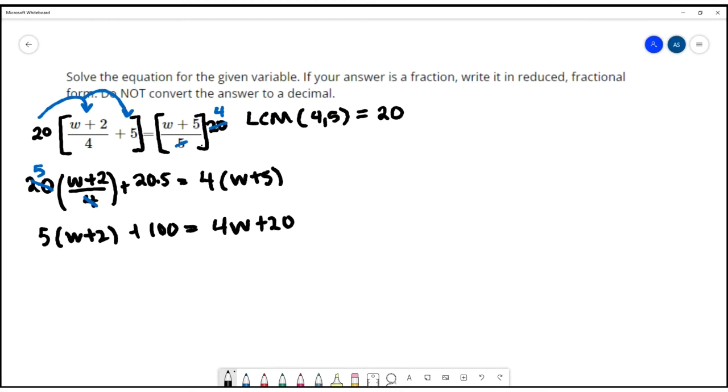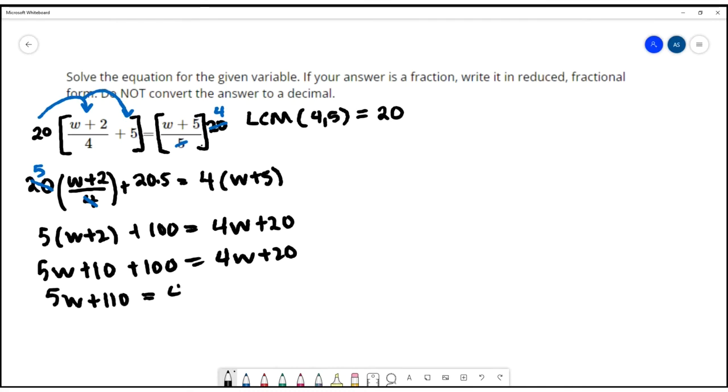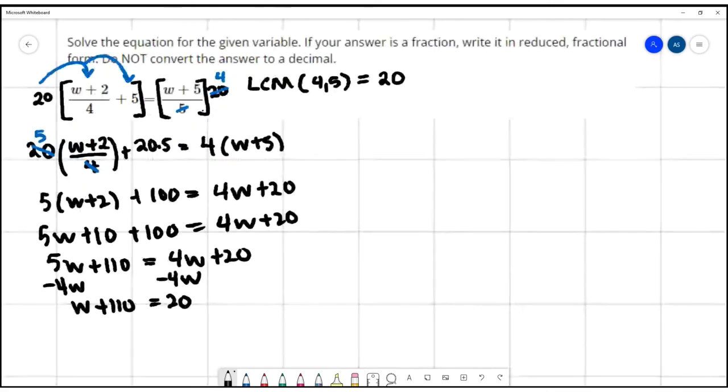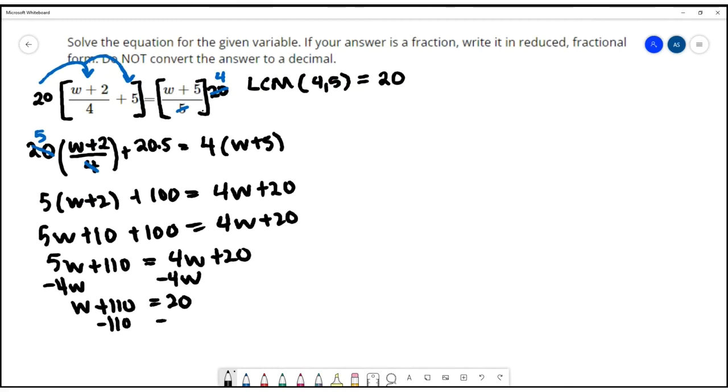On the left, the distributive property gives 5w plus 10 plus 100 equals 4w plus 20. We'll combine like terms to get 5w plus 110 equals 4w plus 20. I want to collect the w's on one side, so subtract 4w on both sides. This gives w plus 110 equals 20. I'll subtract 110 on both sides to give w equals